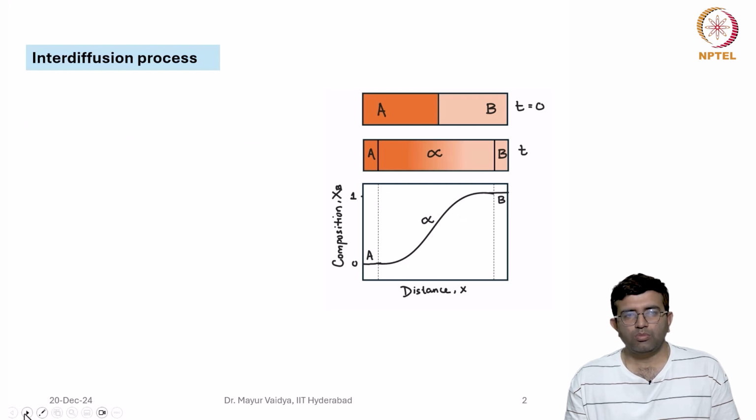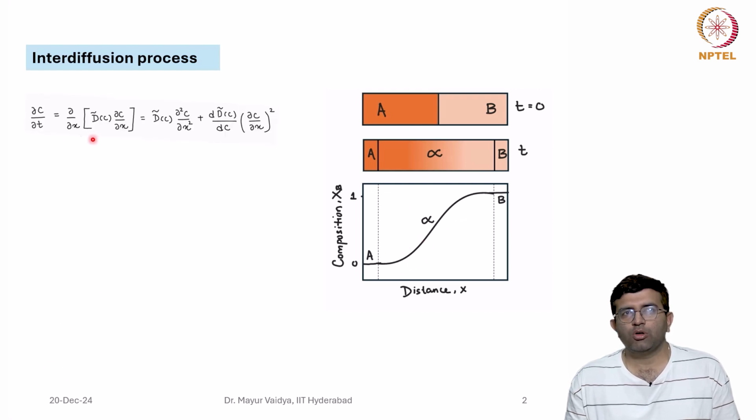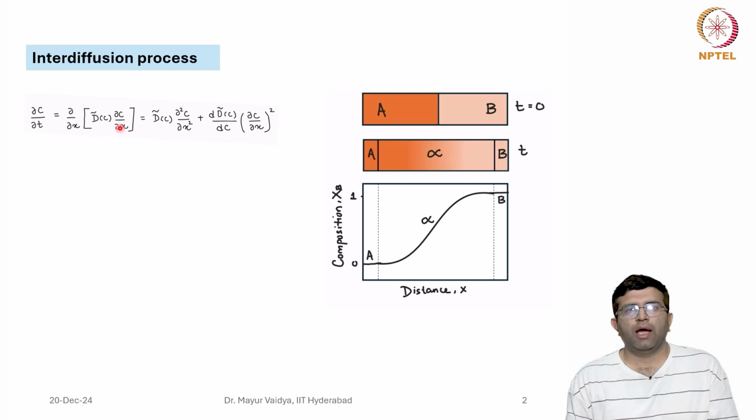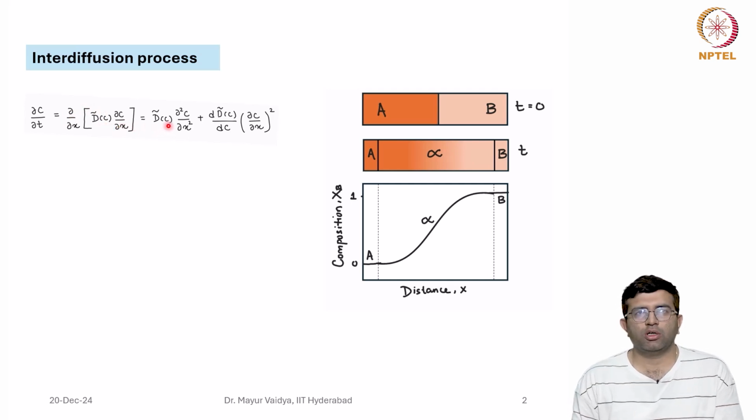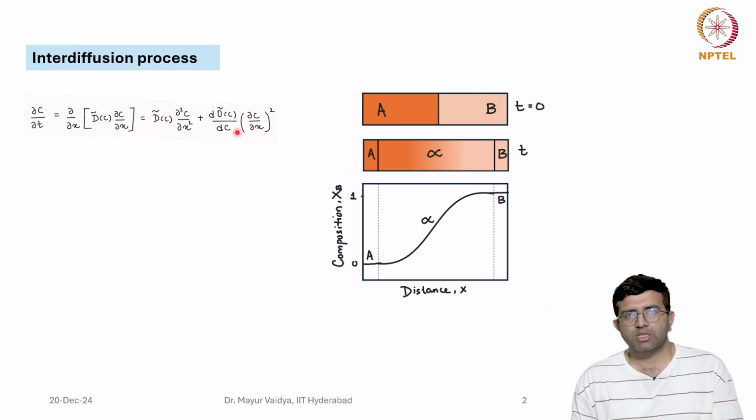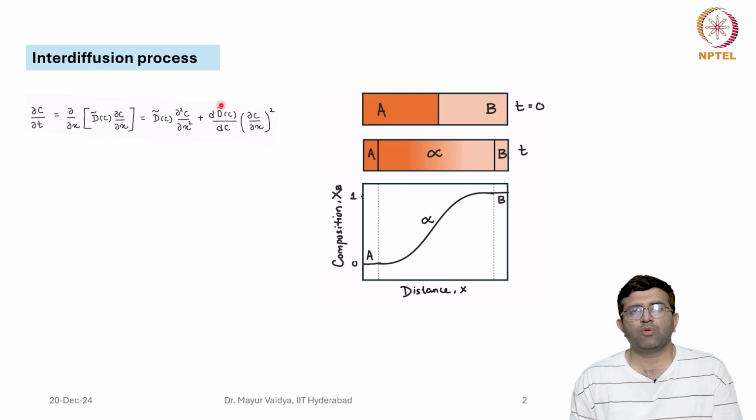Now, for such a scenario, we have also seen that you write dou C by dou T is equal to dou by dou X inside D tilde dou C by dou X, because you do not have the interdiffusion coefficient independent of the composition. So, therefore, this cannot be taken out, and the equation is no longer an ordinary differential equation, but it becomes a nonlinear one which cannot be solved simply. And in the last class we also saw using the Matano-Boltzmann analysis how we can arrive at the expression for